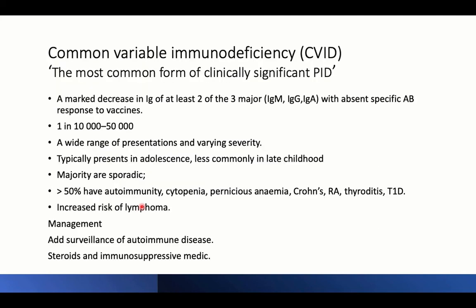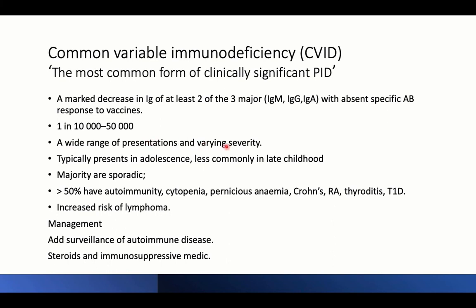The third common antibody deficiency is common variable immune deficiency disease. This is the most common form of clinically significant PID. Again, the most common form of clinically significant primary immune deficiency is common variable immune deficiency, where we have a marked reduction in immunoglobulin levels, at least 2 of the 3 major ones, IgM, IgG, and IgA, with absent specific antibody response to vaccines as characteristic. This is quite common, 1 in 10,000 to 1 in 50,000 population, with wide range of presentations